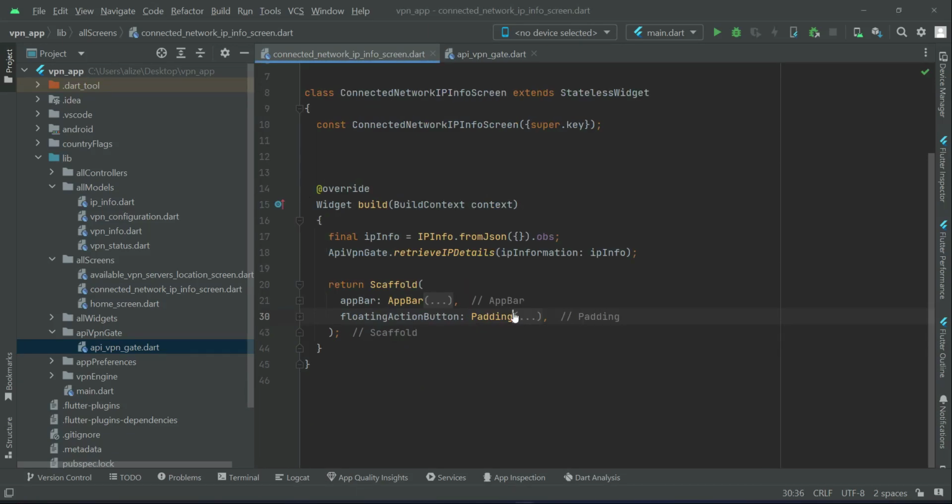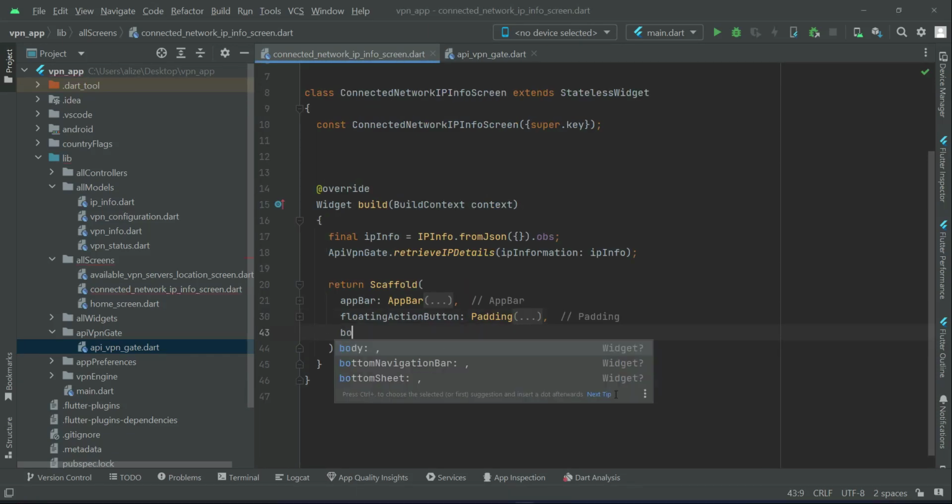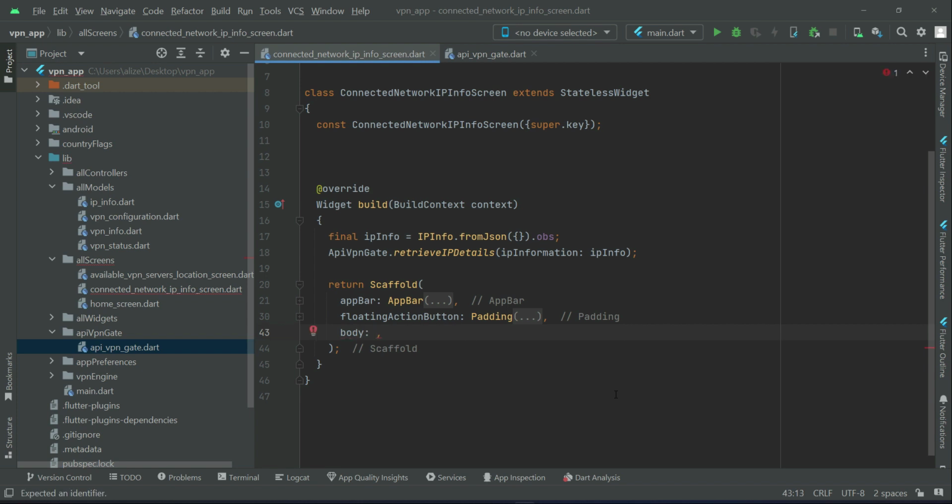After the floating action button, let's display the body, where we will display the IP address, time zone, and IP country from where it is. So we can say body